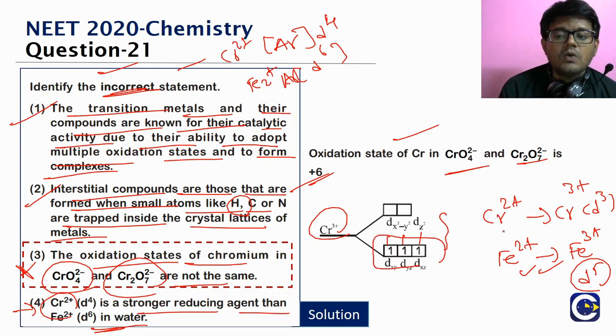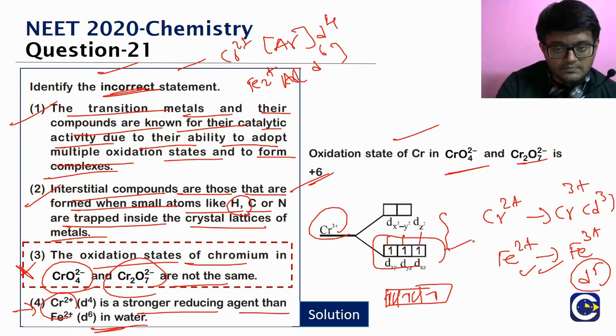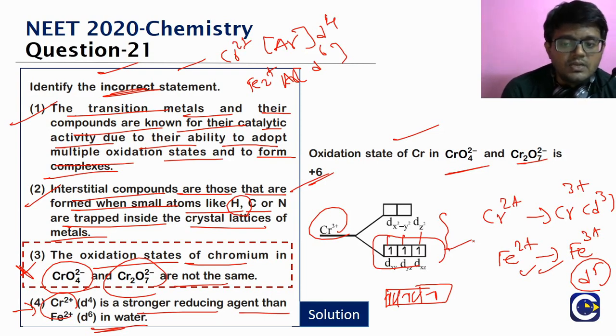On the contrary, if you are trying to fill the electrons in Fe3+, then 5 electrons means what? We'll fill one in each and then we'll start pairing. So comparatively, what is going to be more stable? Because it is the half-filled arrangement. Here the d3 becomes what? d3 becomes a half-filled arrangement. Okay.